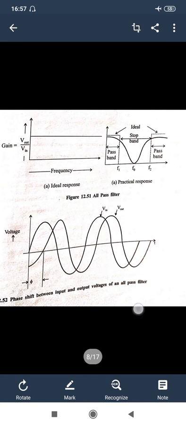After that, another one is called the all pass. All pass means a filter which processes all frequencies equally well, so the output and input voltage are equal in amplitude at all frequencies. It is denoted by this graph of gain versus frequency, with a constant level of gain at all frequencies, and that is the practical response of it. In this case the phase shift between the input and output voltage is shown in the graph below, plotted as voltage against time, denoting the phase difference between the input and output voltage.